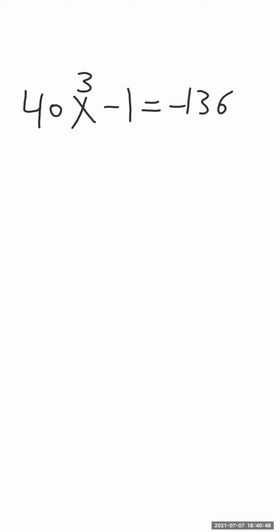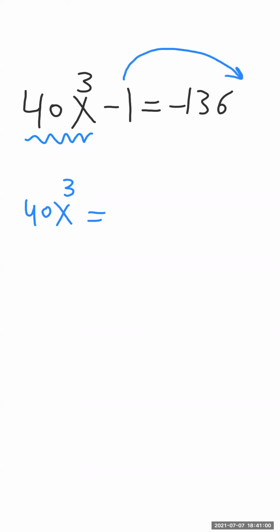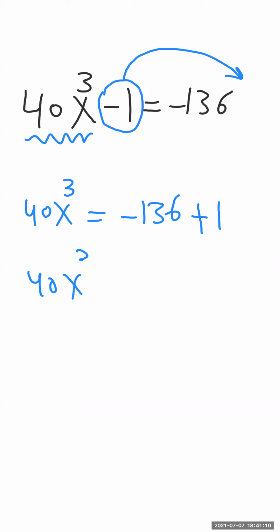So the first step, as usual, guys, the variable will be on one side and the numbers on the other side. So 40x to the power 3 will equal, now shift -1 to the other side, -136, then change the sign of the number, so +1. So 40x to the power 3 will equal